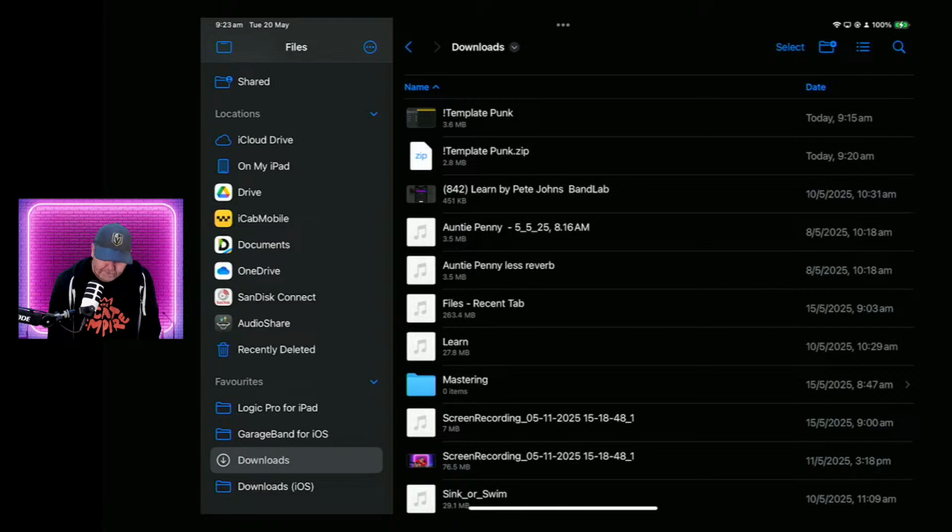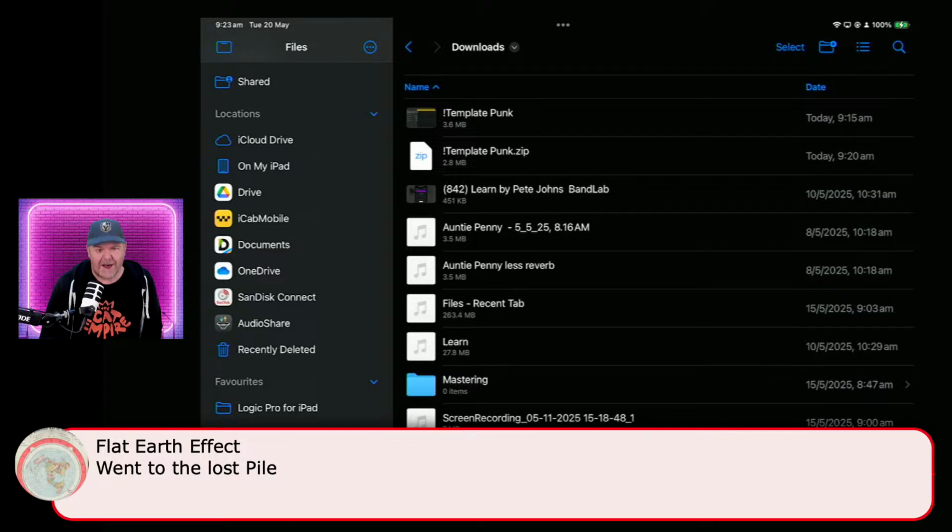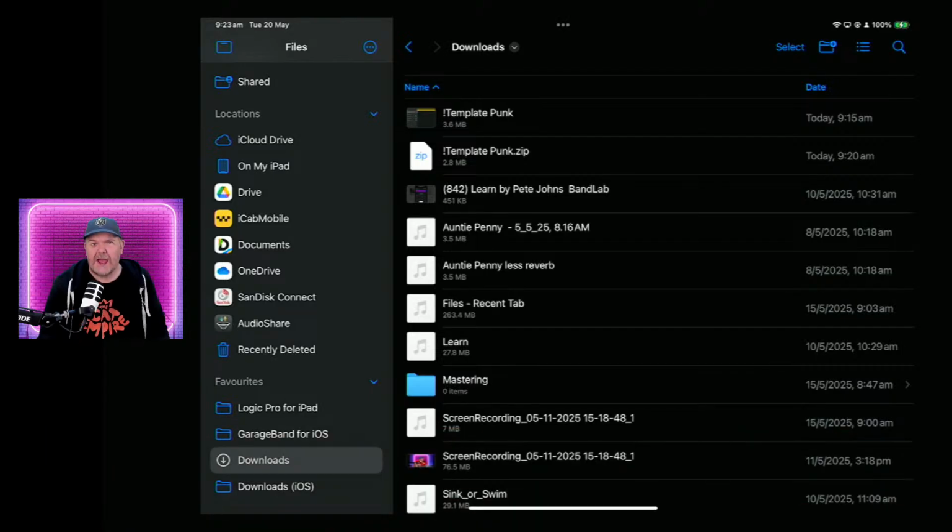These days, they're pretty good. And then you can also plug them in if you've got a dongle like the Ugreen dongle I recommend. You can actually plug directly into that. It went to the lost pile. It is somewhere down there. So you can use USB drives, and you saw it earlier that it just showed up here.